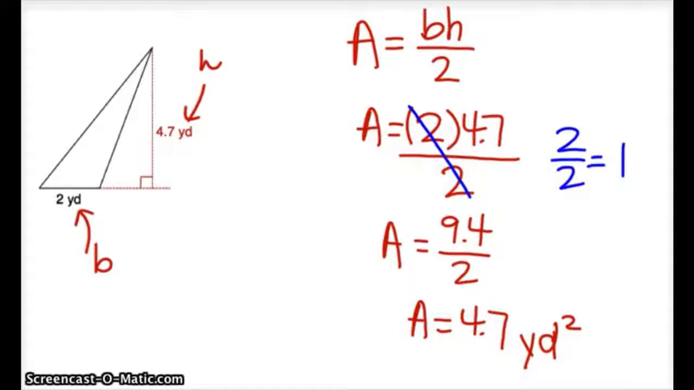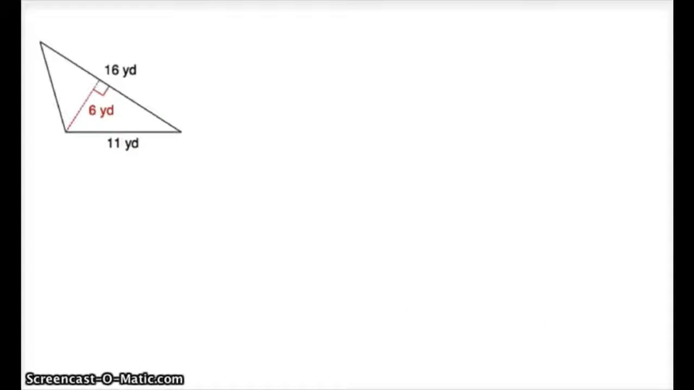And 1 times 4.7 gives me 4.7. So there is a cheat way. If you have a 2 in the numerator and a 2 in the denominator, the third number is going to actually be your answer. The last example, this one is very tricky, and you might say that the base is